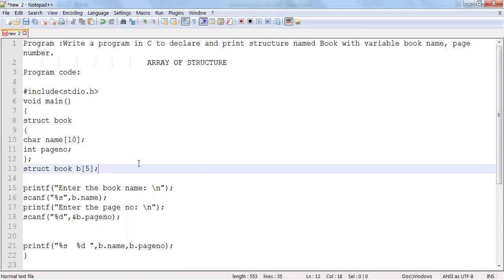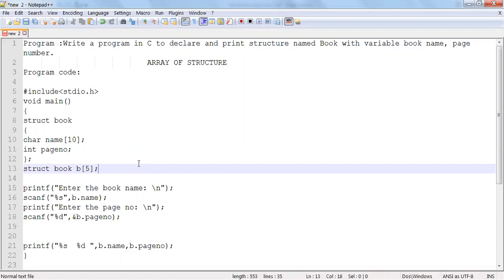So how will we access? Index 0, index 1, index 2, index 3, index 4. Starting from 0 to n minus 1, because array always starts with 0. So this 0 index contains one value of what? One value of a book. 0 index contains the value of the first book, 1 index contains the value of the second book, second index contains the value of the third book.